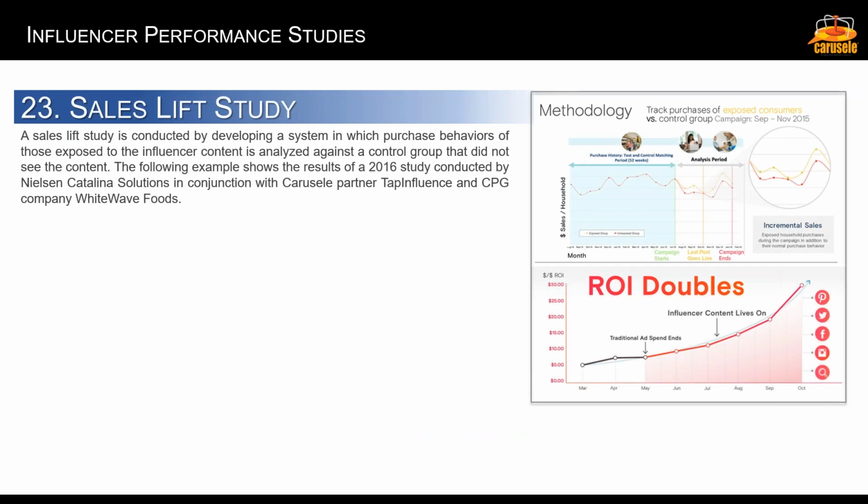A sales lift study is an excellent way to do this. It does take a more significant budget. Look for budgets in the neighborhood of $300,000 to $400,000 to run a program like this, but CPG brand White